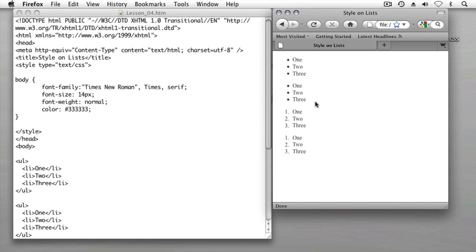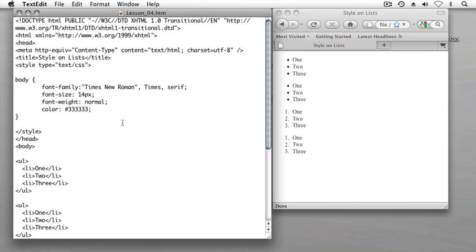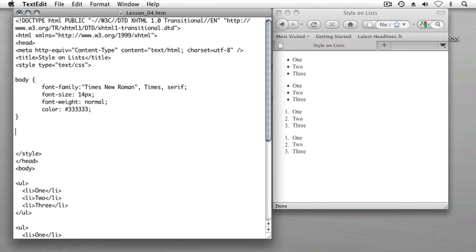So, taking in mind the desire to have these bullet points appear as squares rather than circles, I'll create a new class inside my style element, which I'm highlighting in blue, and to do so I'll position my mouse after the closing bracket of my body rule, and I'll define the name of a class which I wish to have modify one of my unordered lists. In this case, I'll name that class ul dot for class, square, bullet, points,